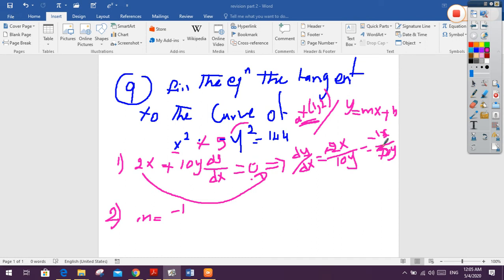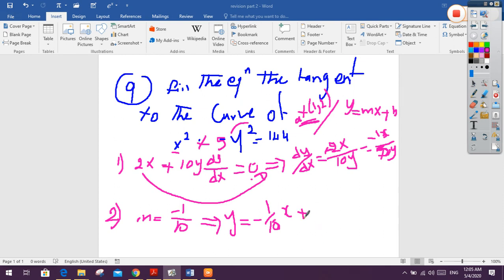5. I'm sorry, this is 5. It will be over 5 multiplied by 2. It will be 10. That is the slope of the tangent at the point (1, 2). Then replace in the equation y equals what? The slope here equals negative 1 over 10 multiplied by x,